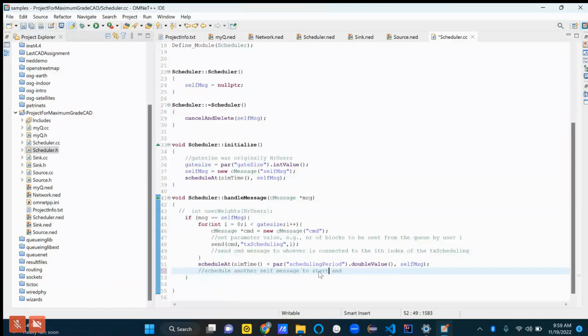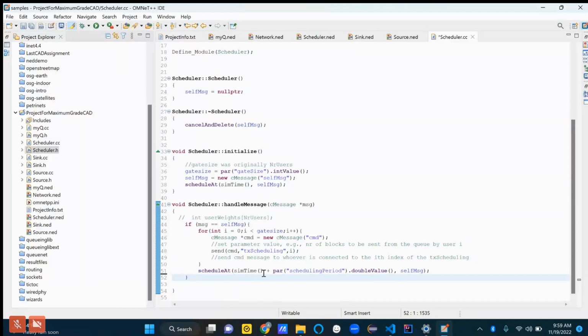When we construct the scheduler and run the initialize method, all initialize does is send itself a message. Now it has a message, and handle message is what it uses to process it.